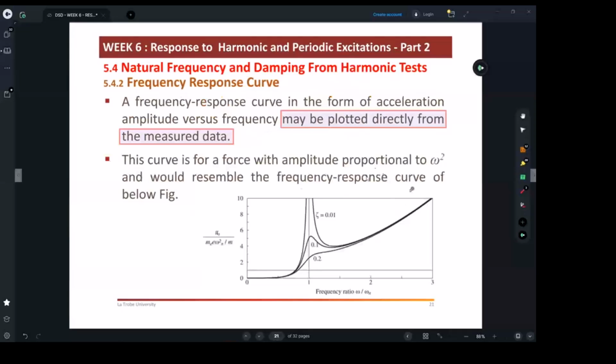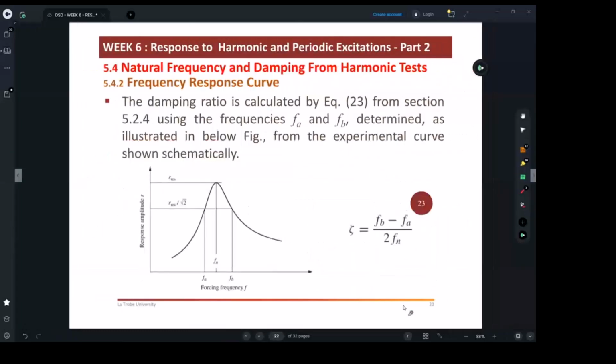I think we talked about this item here, where we said that with the vibration generator we can sometimes have our amplitudes or responses increasing significantly as we go to more and more frequencies. So that's why we have to be careful in determining what setup properties we have to use when testing a structure. Again, we're still talking about the frequency response curve and how it can be used